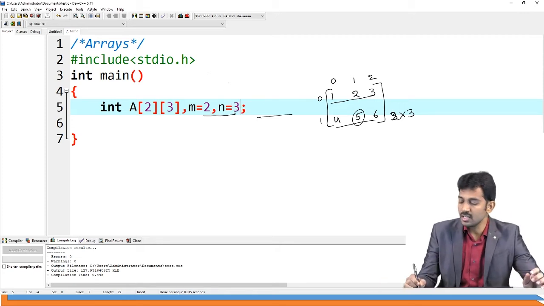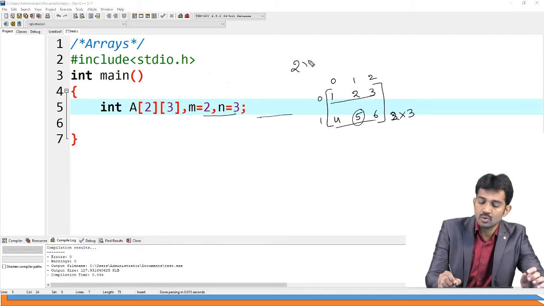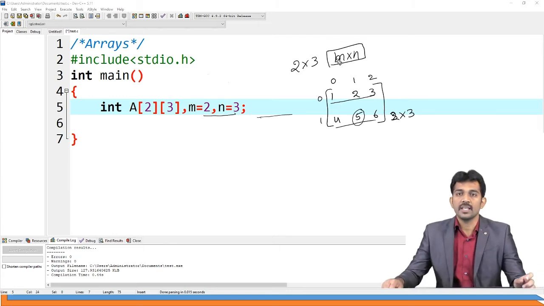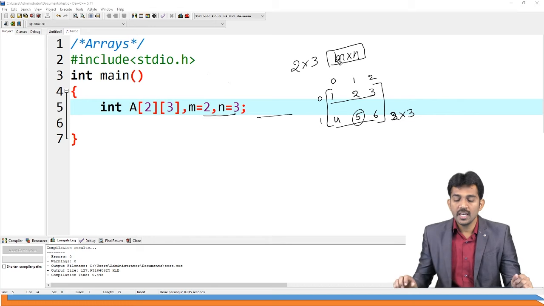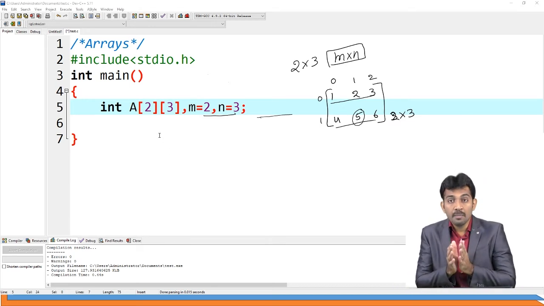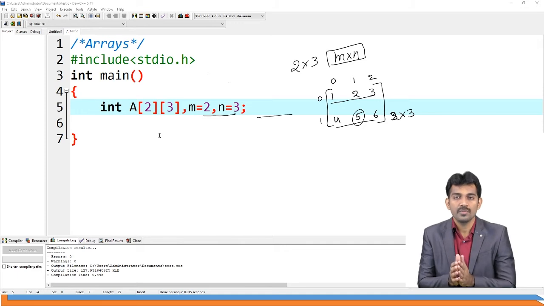You are going to form an m by n matrix, with m rows and n columns.